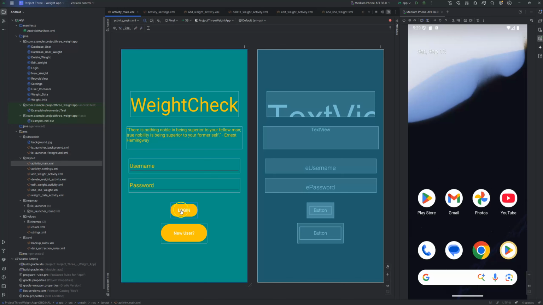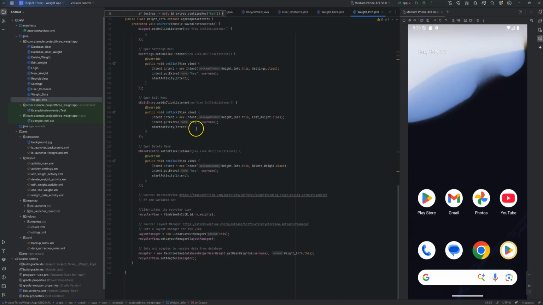And here is the login screen. So pretty simple: username, password, login, and new user. So when you put in that information, it will reflect the toast messages that tell you whether or not it's working properly. Next, I want to go back to the weight info that we have here,